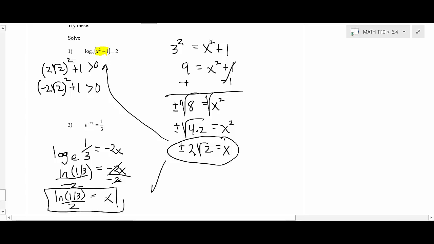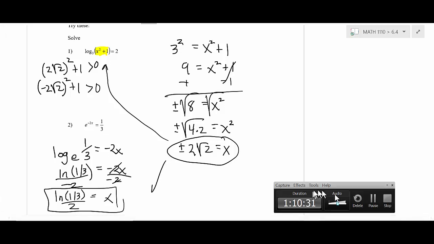And I realize I kind of whipped through those things at the end, but I needed to get that done because this is where your test next week stops, at 6-4. So what we're going to